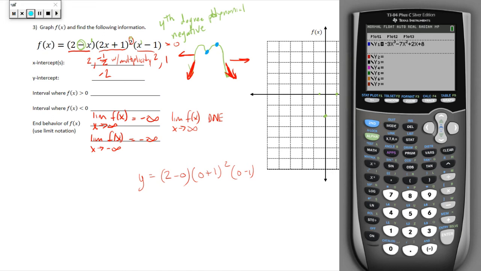Turn it on. I have the wrong function there, so let me type that function in really quick. That's 2 minus x times 2x plus 1 squared, and then x minus 1. Alright, so if we graph that,